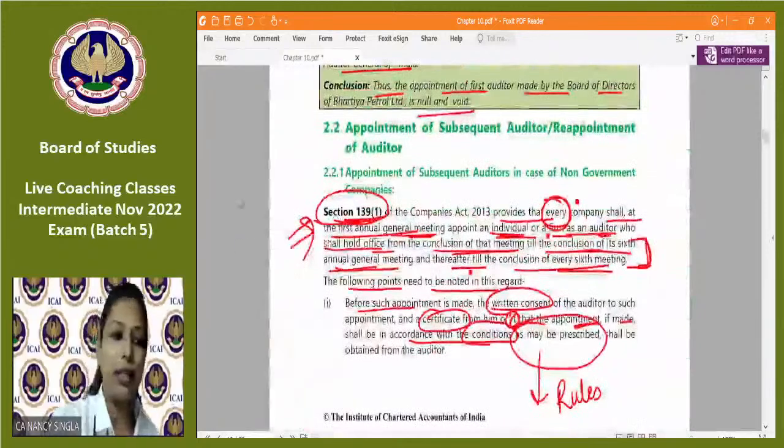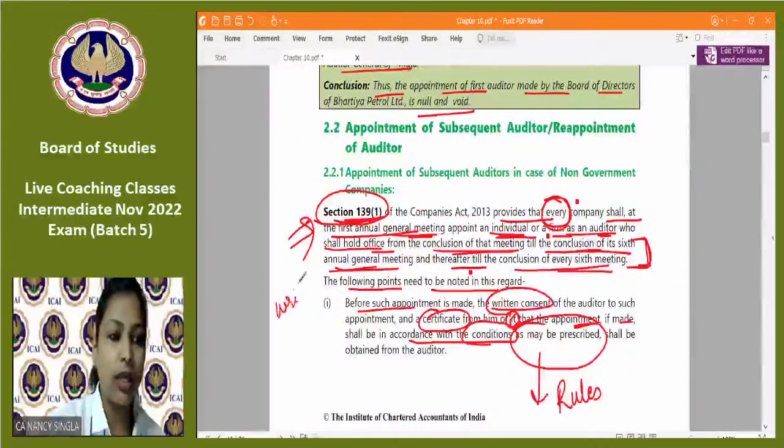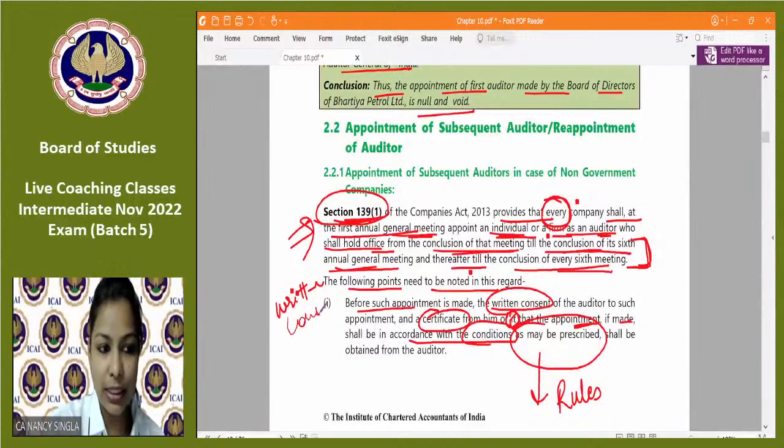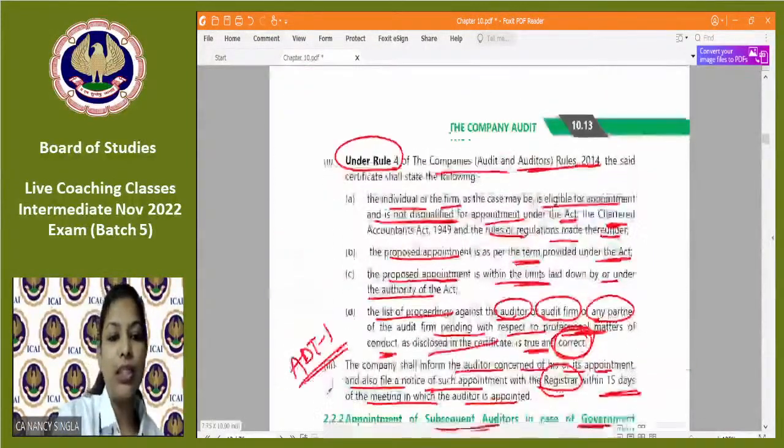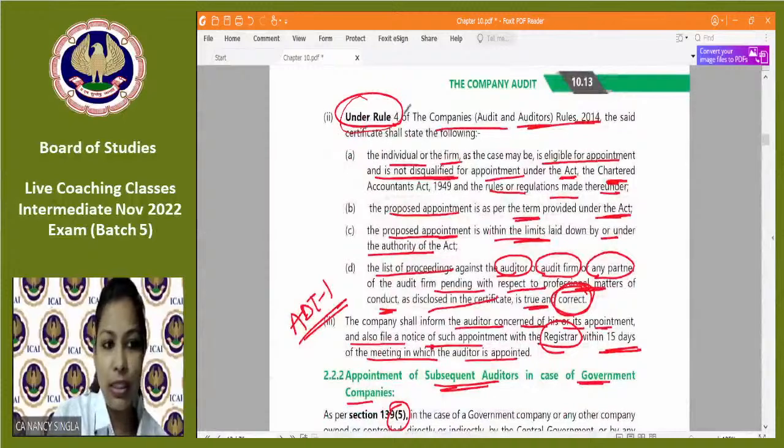देखो अब इसको कैसे learn करना है. यहाँ पर आप लिख सकते हो ना कि written, माई पेन इज नॉट वर्किंग, पर यहाँ पे आप रिटन कंसेंट लिख सकते हो, प्लस आप सर्टिफिकेट लिख सकते हो, और यहाँ पे एरो डाल के यू कैन राइट कंडीशंस। कंडीशंस के बाद यू कैन सर्कल रूल 4 बात करता है, और यहाँ पे यू कैन राइट दैट एलिजिबल है,